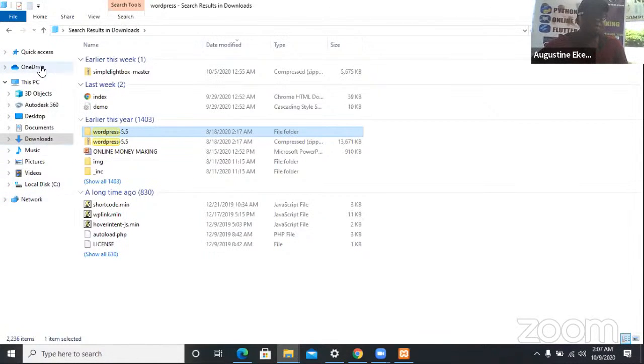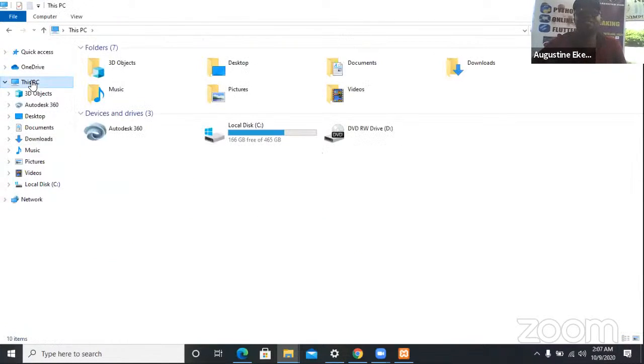So when you copy your extracted file, go to your This PC. Can you see This PC? Click on This PC. Once you've extracted your